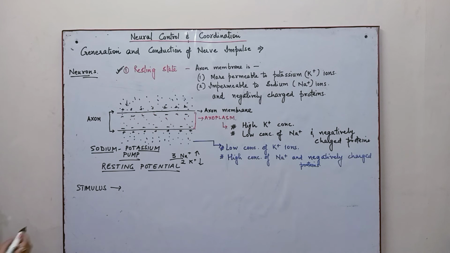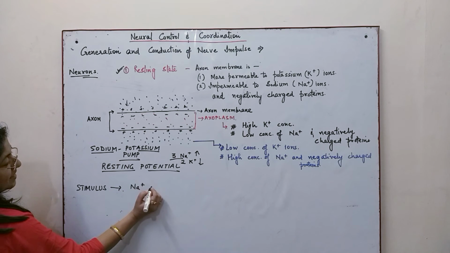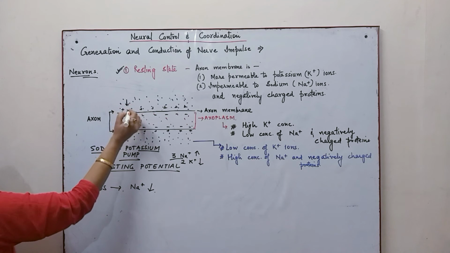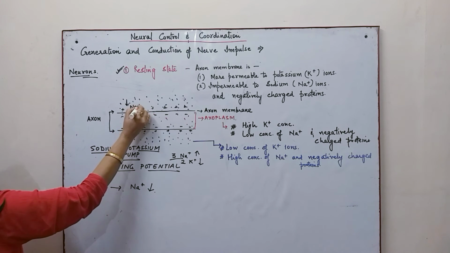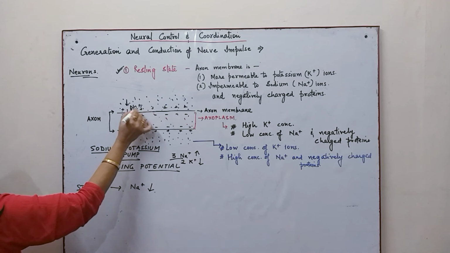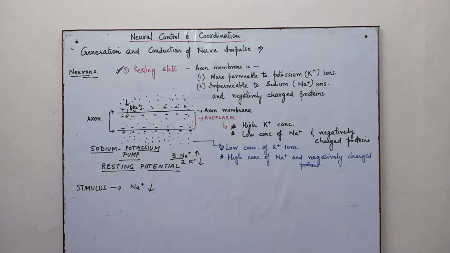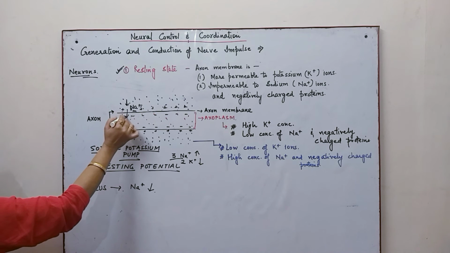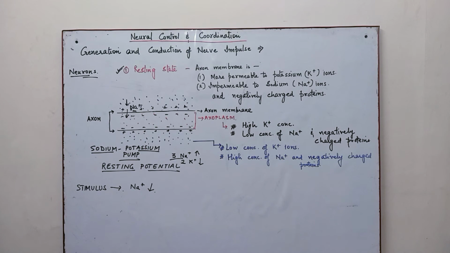And as a result, these sodium ions quickly move in. Suppose this is the place where the stimulus takes place, there will be a rapid influx of sodium, and as a result the outer surface will now become negatively charged and the inner becomes positively charged, because the sodium ions have entered in large numbers inside the membrane, and the polarity of the membrane is therefore reversed, and we call this